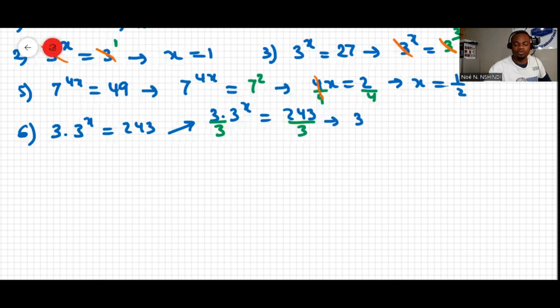This will be 3 to the power of x equal to 81. And then we can convert that into 3 to the power of 4. That makes x equal to 4 according to the law we listed. Or we can